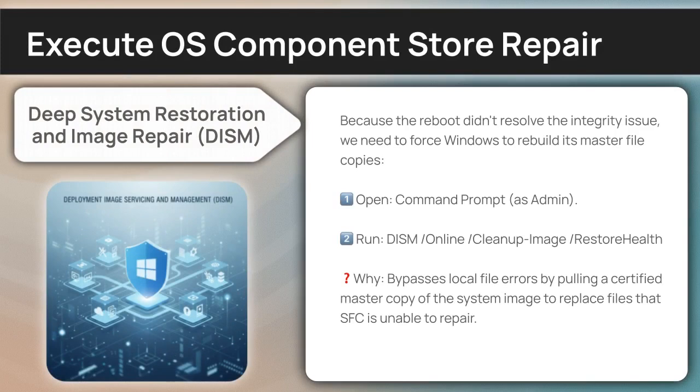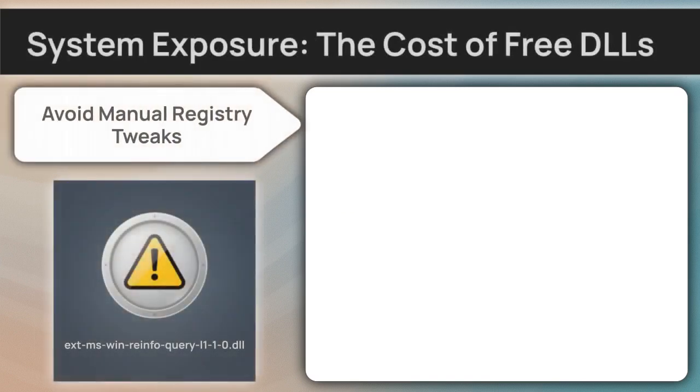Because the reboot didn't resolve the integrity issue, we need to force Windows to rebuild its master file copies. First, open command prompt as admin. Second, you're going to type DISM /online /cleanup-image /restorehealth, then hit enter. Why are we doing this? Well, it bypasses local file errors by pulling a certified master copy of the system image to replace files that SFC is unable to repair. Let's look at a key safety rule that will keep your PC protected while we address